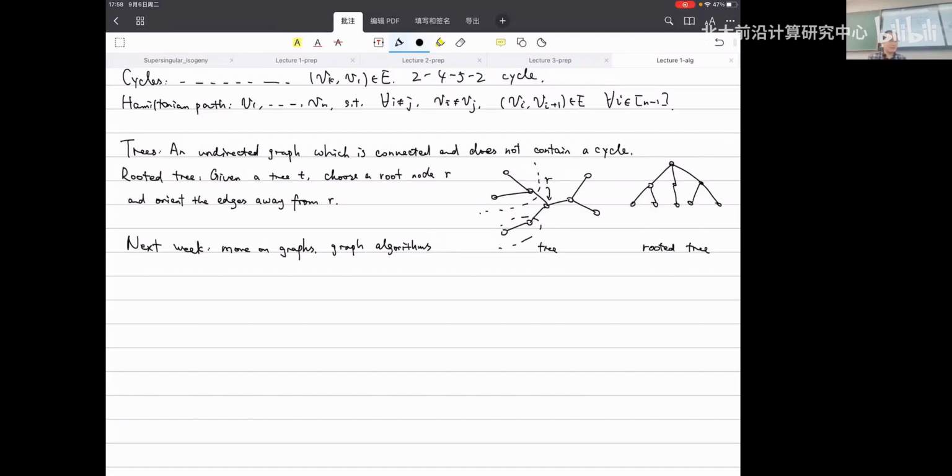Then we also introduced asymptotic notation. What are efficient algorithms? We have big O notation, omega notation, and theta notation to represent upper, lower, and tight bounds respectively. For a little bit of this lecture and also the next lecture, we will be talking about graph algorithms, and more details will be covered next.